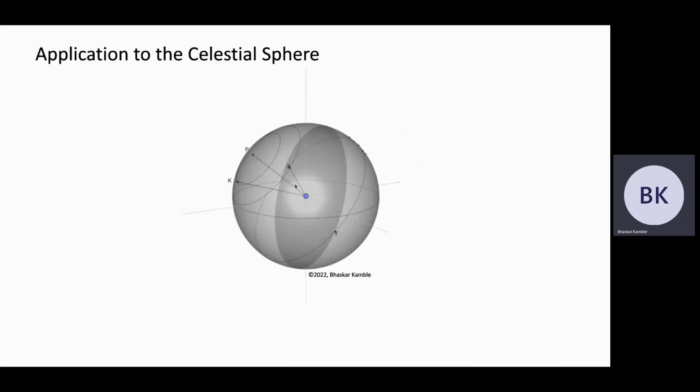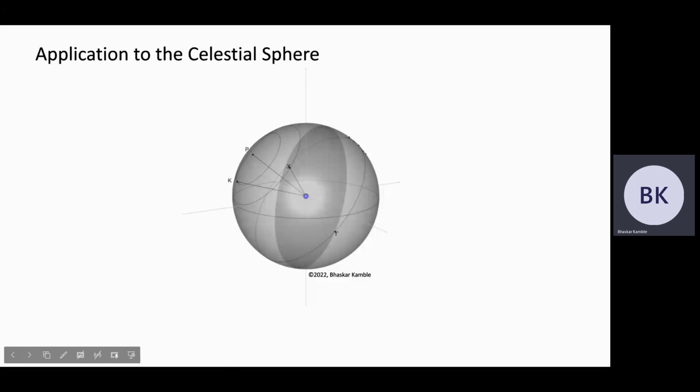Because of the Earth's rotation on its axis, the ecliptic plane also appears to rotate about the axis OP. When you draw a line perpendicular to the plane of the ecliptic, let's say that it intersects the sphere at a point K. This point K is known as the ecliptic pole. The point K also appears to rotate in a circle, tracing out a cone. Gamma is the point of equinox, etc.